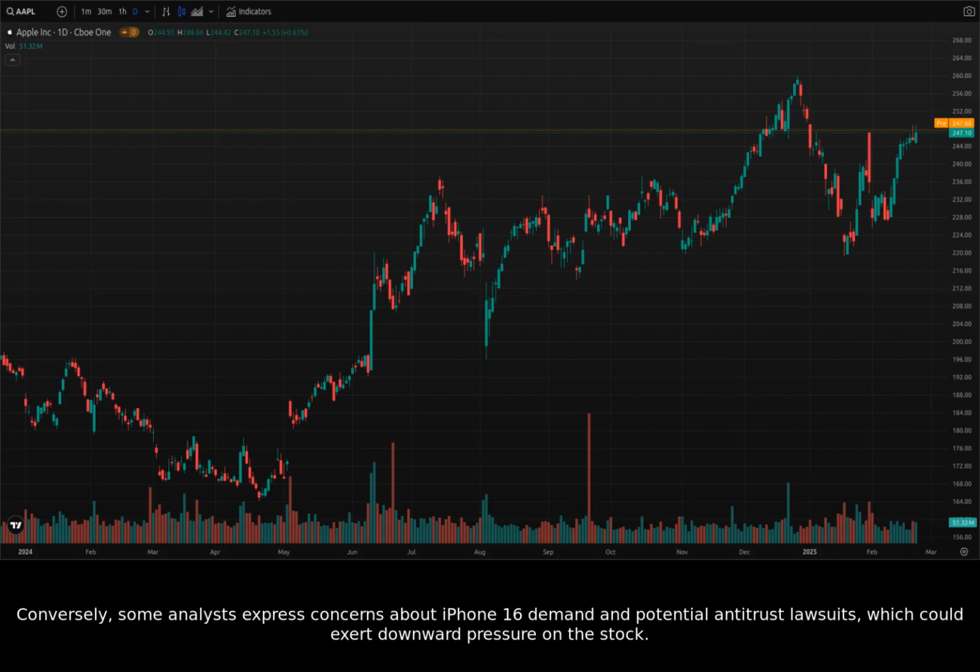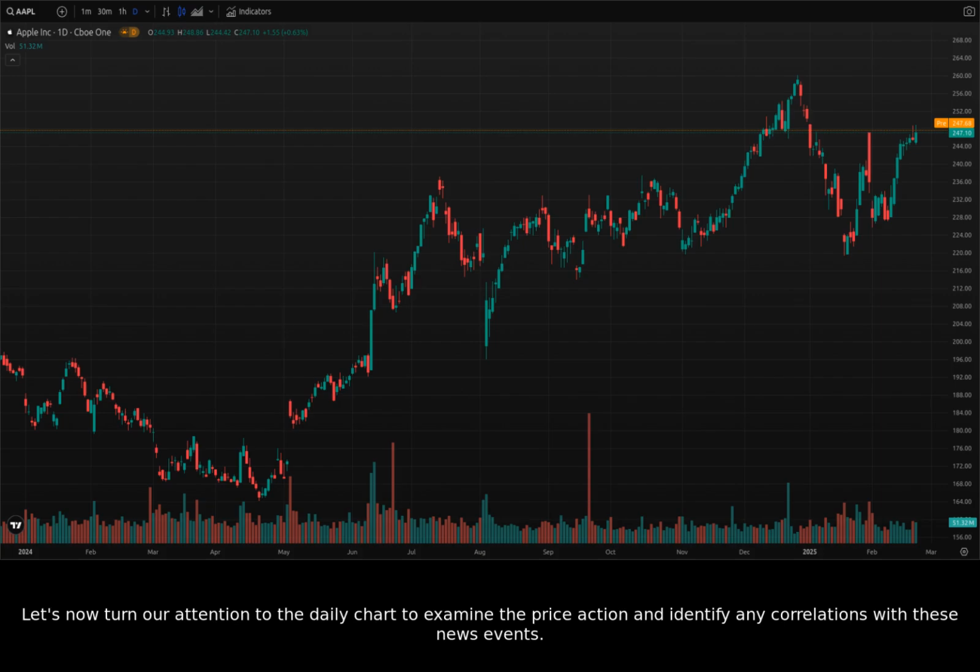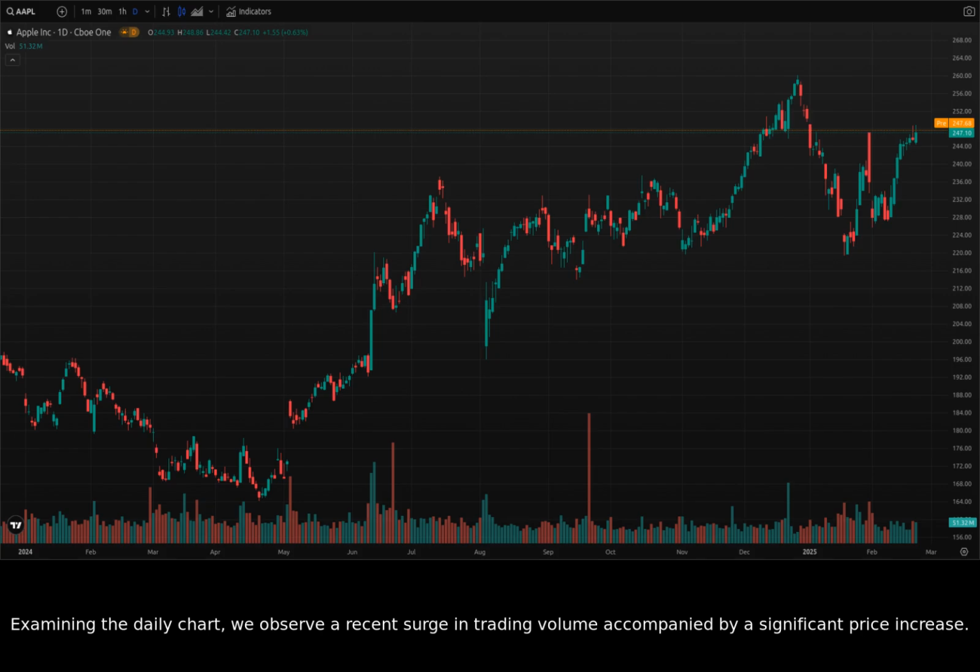Conversely, some analysts express concerns about iPhone 16 demand and potential antitrust lawsuits, which could exert downward pressure on the stock. Let's now turn our attention to the daily chart to examine the price action and identify any correlations with these news events. Examining the daily chart, we observe a recent surge in trading volume accompanied by a significant price